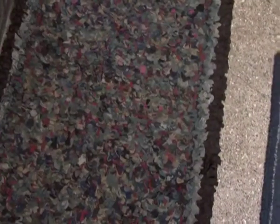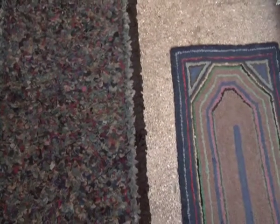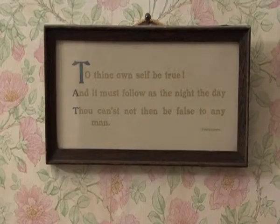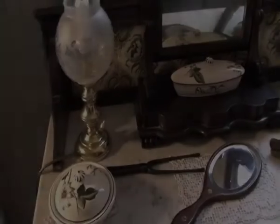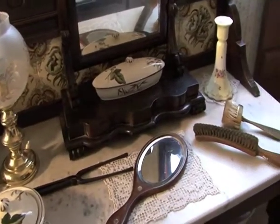The Victorians were keen on recycling and made rag rugs from old clothes rather than throwing them away. The texts on the walls were popular during this era and often included Shakespearean quotes and religious passages from the Bible. The smaller bedroom again contains non-original artefacts, but all the objects in the room would have been typical of